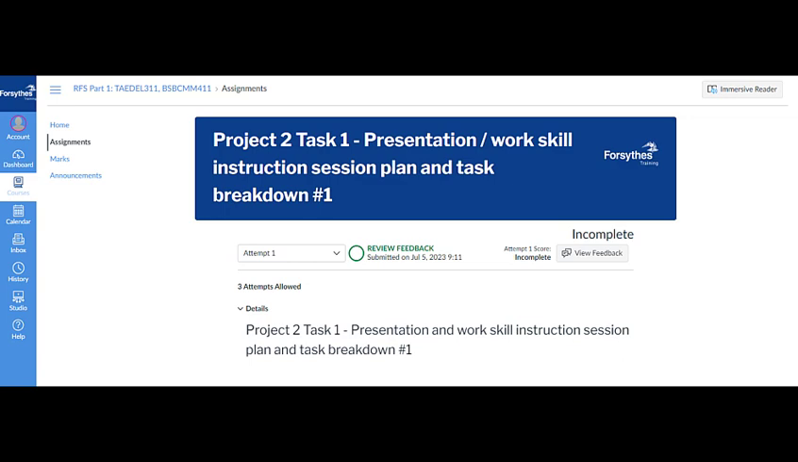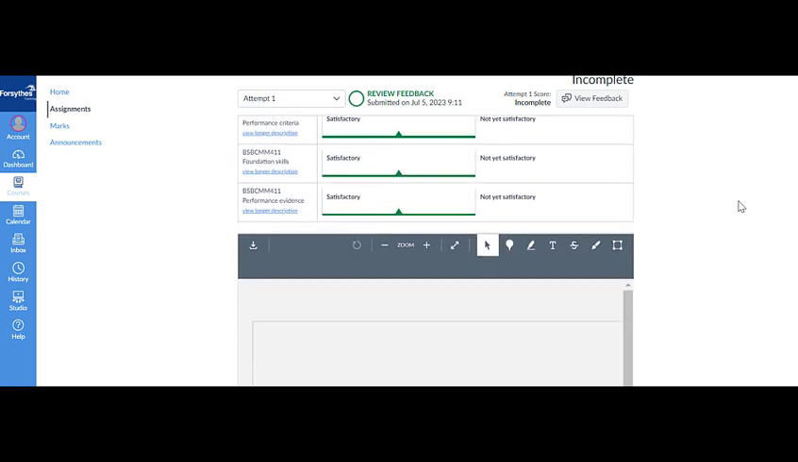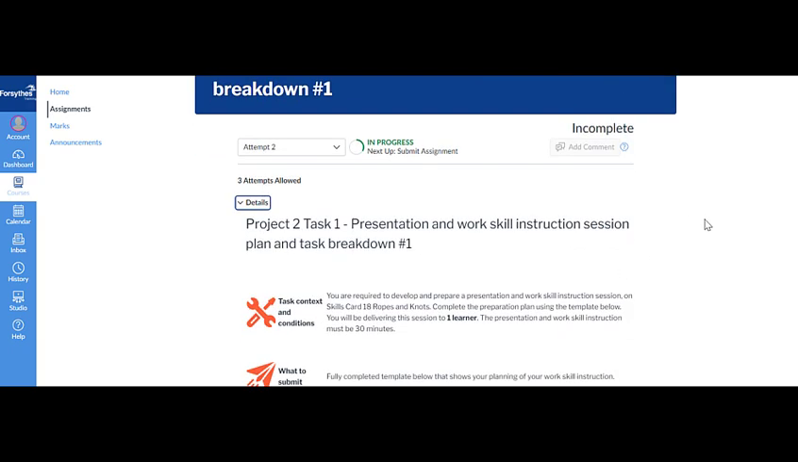Now, we saw a moment ago that this student had a resubmission. There was some feedback in red from the assessor asking them to amend that part of the assessment to meet the criteria and to resubmit. So quite simply, to resubmit, all you need to do is to scroll down to where the assessment submission area is, and this is where you will use the Try Again button. So I'm going to click on Try Again,